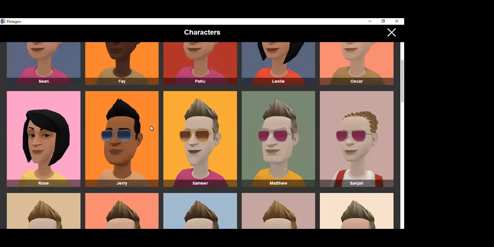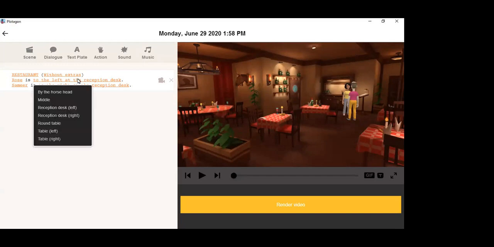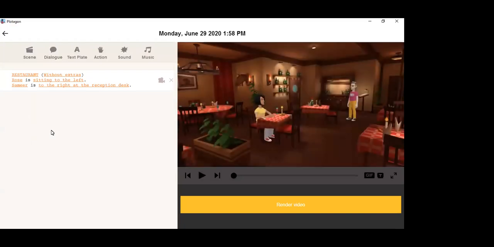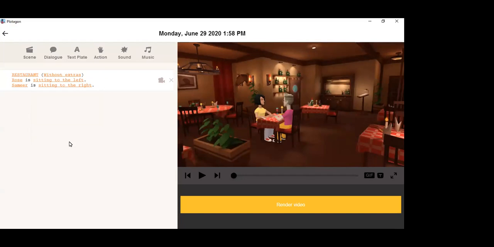Let's pick another character, Samir. I pick two characters, and according to the scene, I can shift their positions. Table left, table right. We can move their locations. Now the scene is ready, and the characters are here.